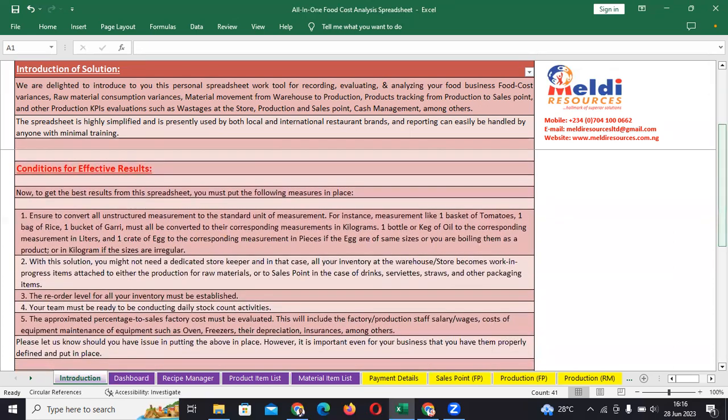So what are the conditions for using the spreadsheet? Of course, just like any other solution, before you can begin to make use of the spreadsheet, first of all, ensure that all your unstructured measurements are converted to the standard unit of measurement. For example,